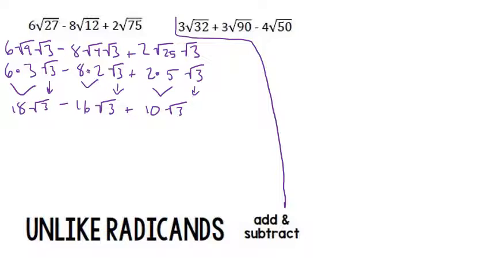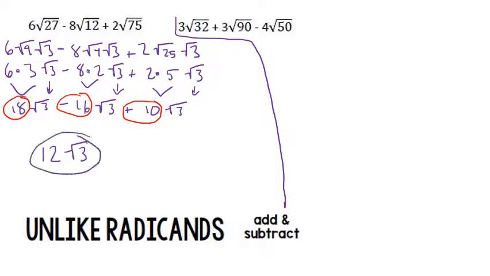So 18 minus 16 plus 10. If you do that on your calculator, 18 minus 16 is 2 plus 10 gives me 12, and I bring the root 3 with. Last example,